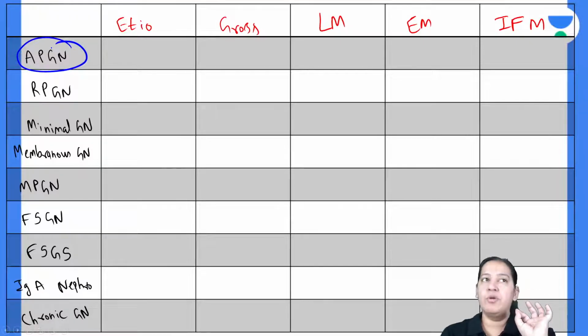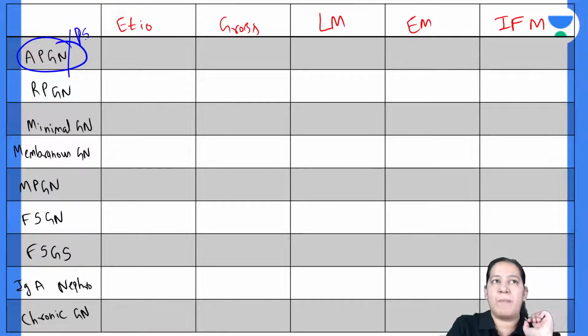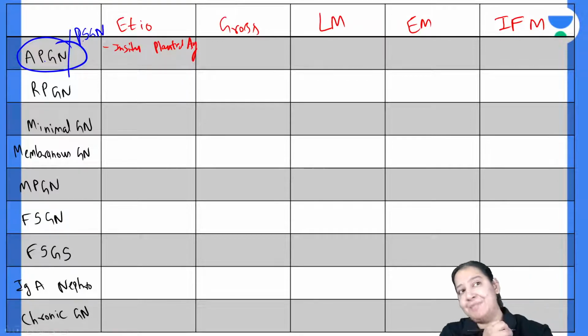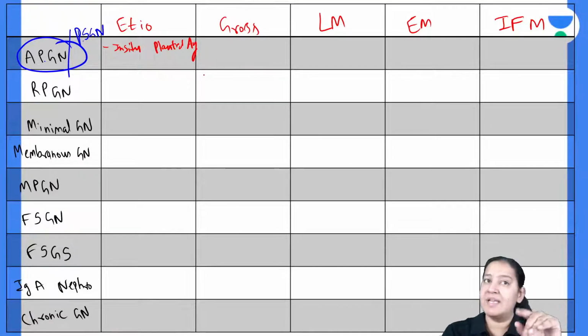Acute proliferative glomerulonephritis, also known as post-streptococcal glomerulonephritis, APGN or PSGN. What is the etiology? Who will tell me the etiology? Here antigen antibody complexes are formed in C2 against a planted antigen. Planted antigen is the bacteria. The name of the bacteria is GAS bacteria. So that GAS bacteria is coming from the pharynx or skin infection into the blood. From the blood it is coming in the kidney. From kidney it is coming on the podocyte and getting planted there. So antibodies are formed against it and antigen antibody complexes are formed in C2 against the planted antigen. That's it. That is the etiology.